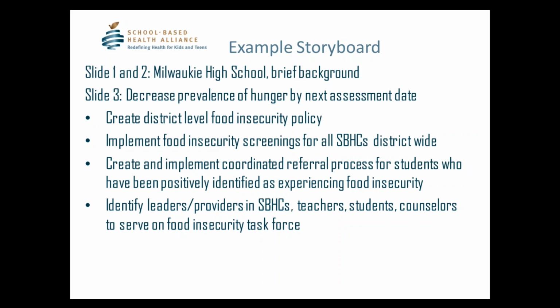Then on slide 3, they would talk about what they're trying to do in the area of healthy eating, active living. So their overall goal is to decrease prevalence of hunger by the next assessment date. And Milwaukie used the Oregon Healthy Teens as the school assessment that they're planning to compare data from 2015 to when it's given again. I think it's next year, correct? It's either 2017 or 2018. So